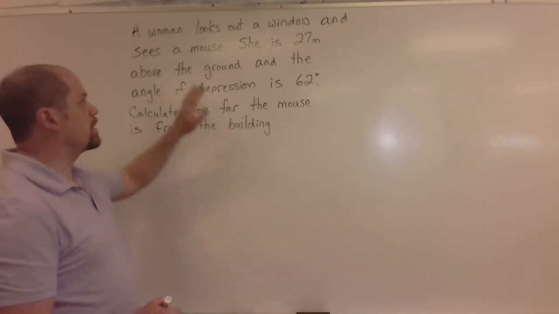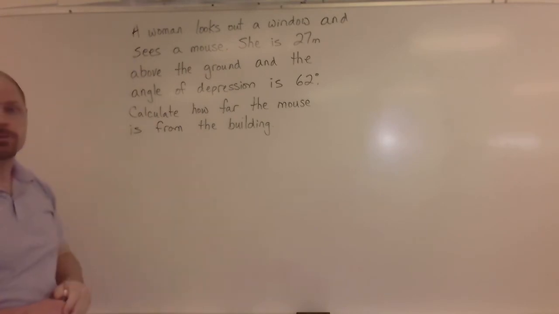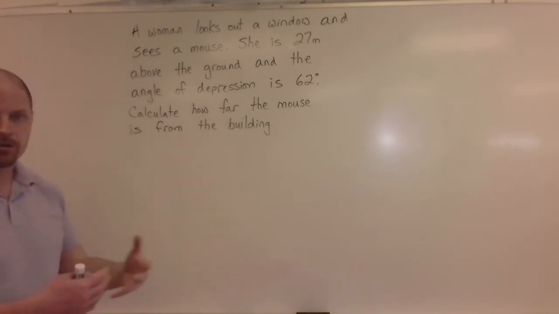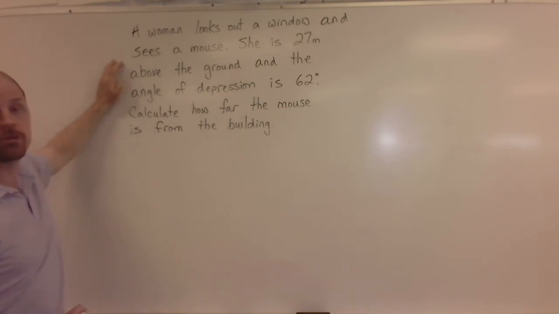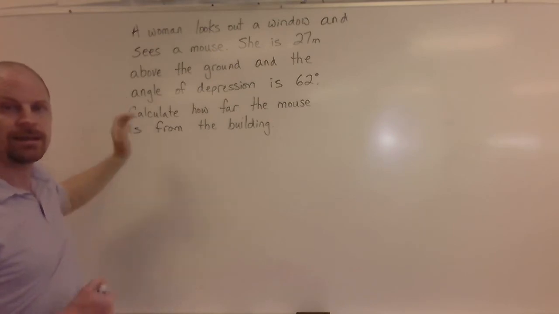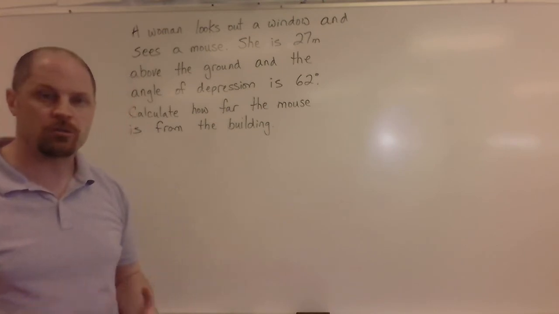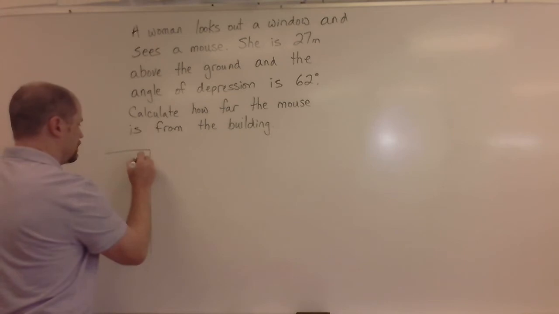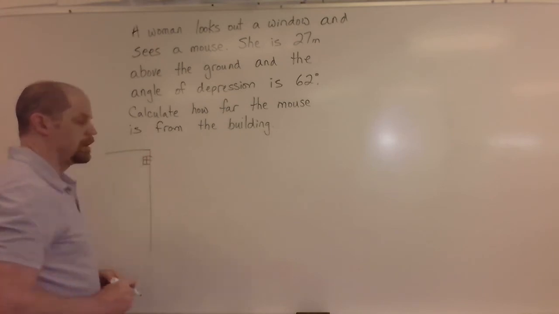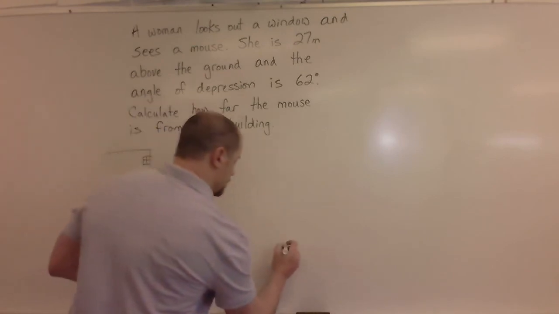Okay, so we've got another word problem. A woman is in a building looking out the window. She sees a mouse in the yard or in the field, and she's 27 meters above the ground. It tells us the angle of depression is 62 degrees. Calculate how far the mouse is from the building. The key thing here is we want to start with a little picture. And we're going to have a window where she's looking from. We've got a little mouse